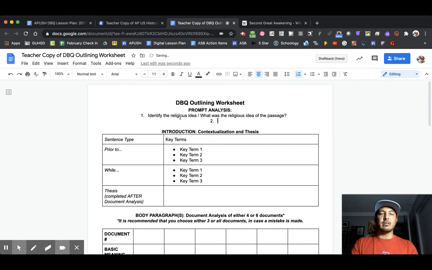The second thing is now to identify the reform movement, right? Identify the reform movement. What was the reform movement? Isn't there a way that you can say that instead of saying the word identify, right? So that's the second question asked. Is the reform movement in there? And now it may not be very clear. We may have to assume it, right? And so we'll figure that out again as we get into each document,